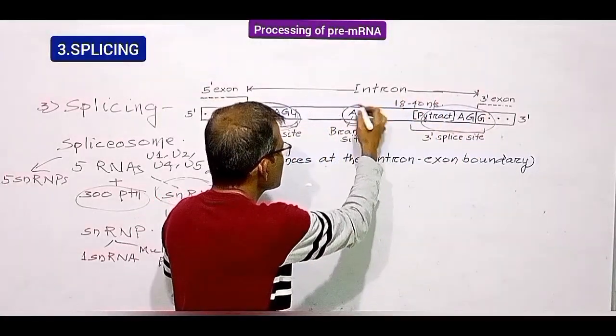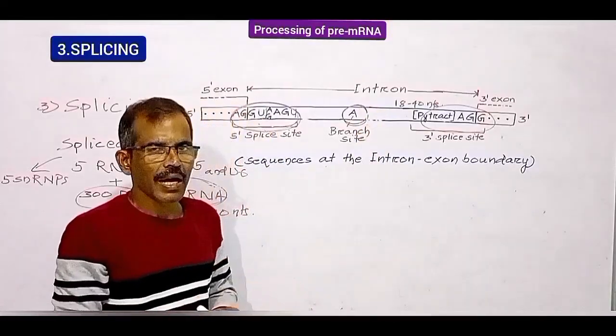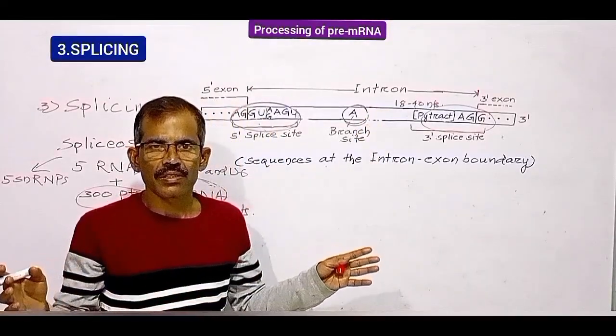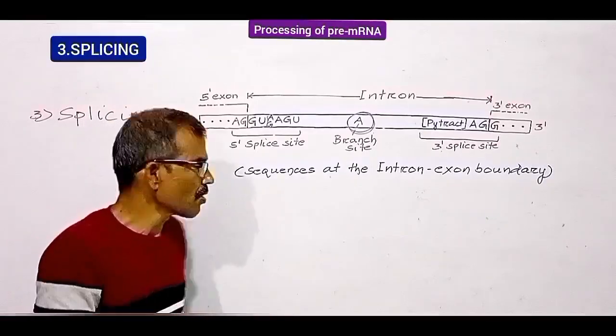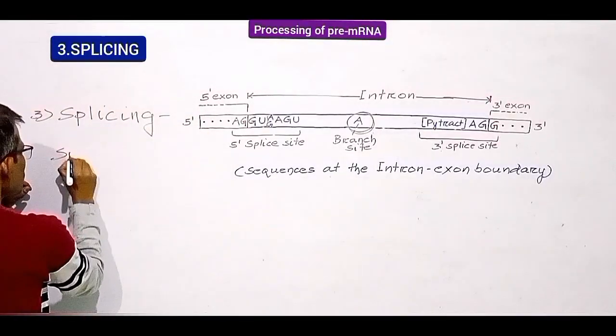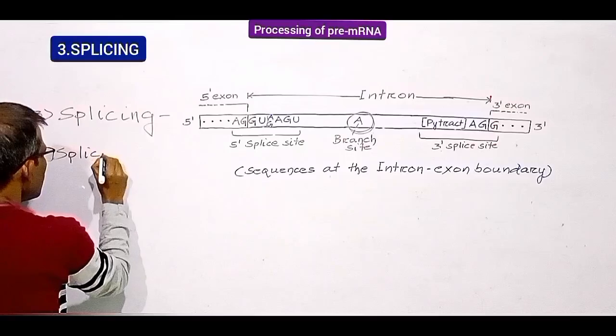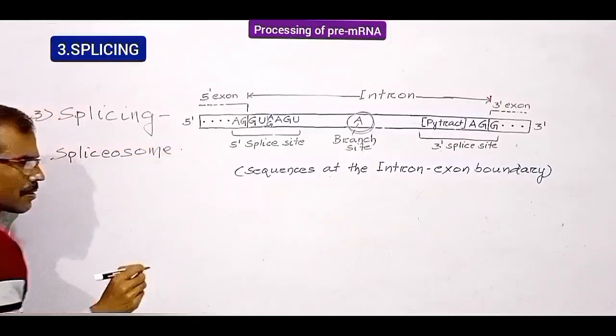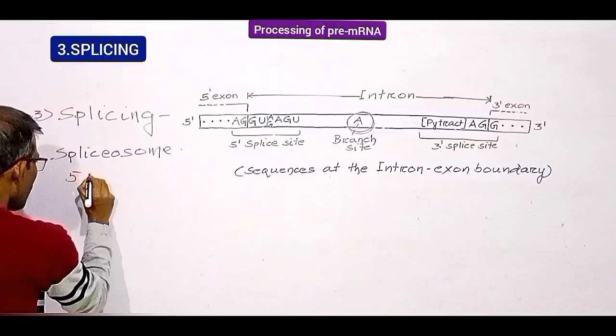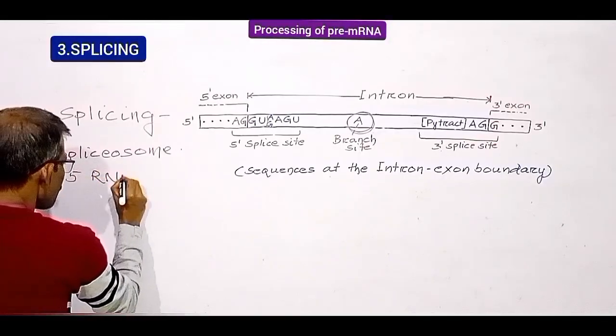The sequence around the branch point has no strong consensus. Splicing takes place within a large structure called the spliceosome. It consists of 5 RNA molecules